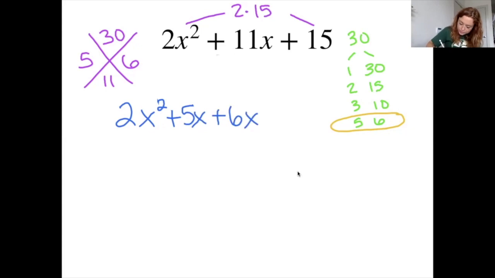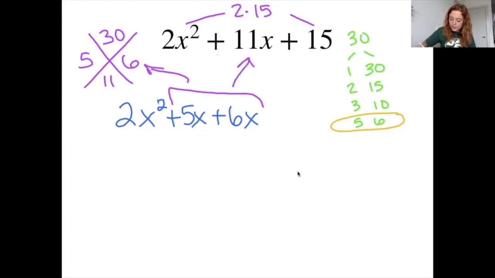And these terms right here came from over here, the 5 and the 6. Because if we were to combine those again, that 5x plus 6x would get us back to that 11x right there. So we didn't do anything wrong. It's just a strategy to get the answer. So technically, we're just breaking it apart. Okay, and then the 15 doesn't change, we just drop it down. Okay, now we have 4 terms,